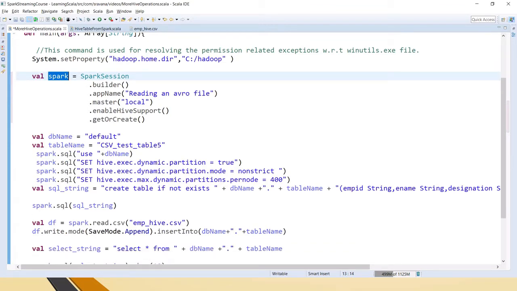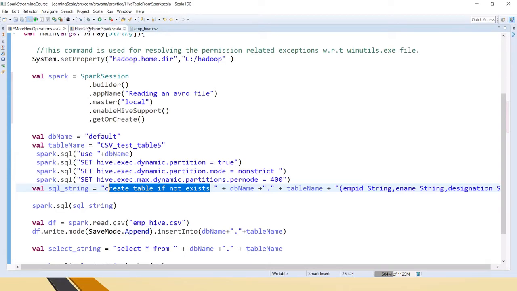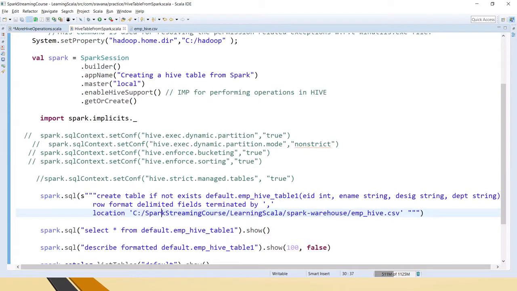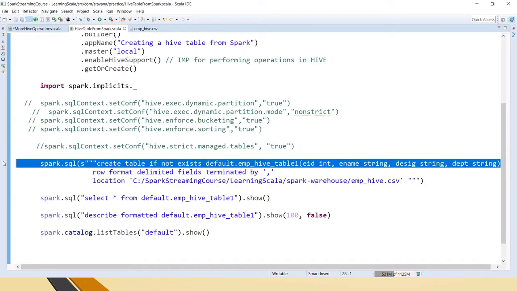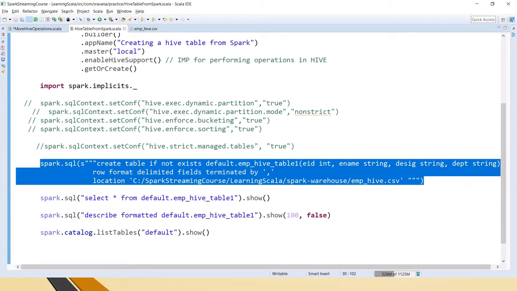So now let's see how to create an internal table. In the previous video, friends, when I sent the location along with the table creation script, this is the code I had used in the previous videos. One of our friends also asked the question: when I say spark.sql and create table, this command has created an external table by default. That is because the location that you are passing here is an external location. Okay, it is present in my local machine but it's not local to Hive. Because of that reason it has created the external table.